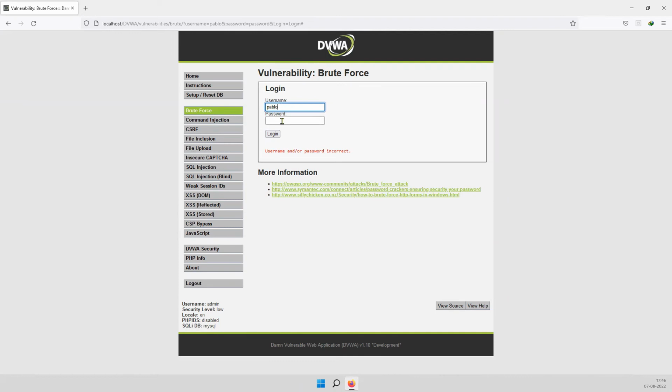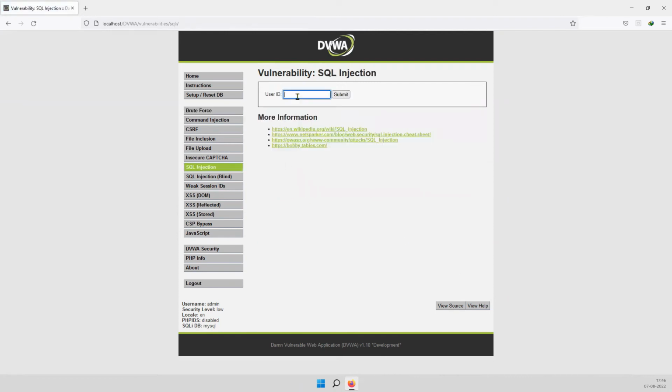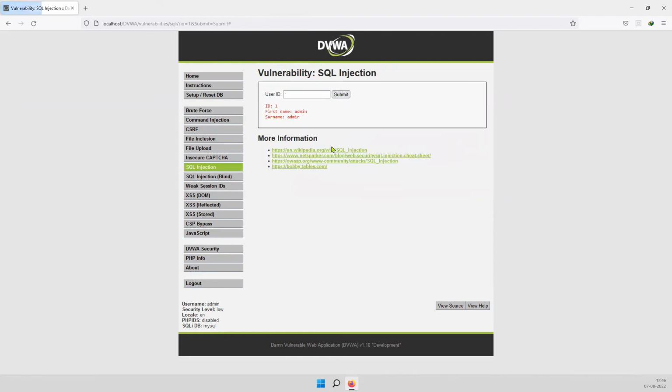Let's go to the SQL injection part, where I can put the user ID and get the username. You can see for username admin, the user ID is 1. If I put 2, I would see the second username. For the third user, I'm able to see.